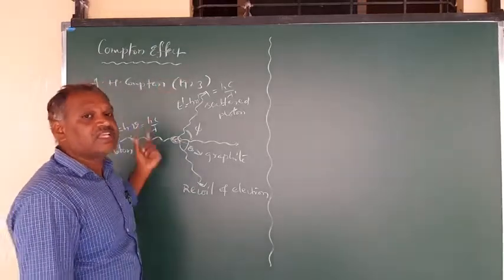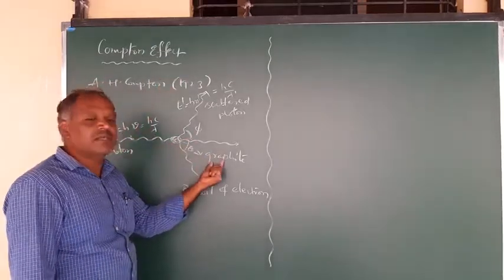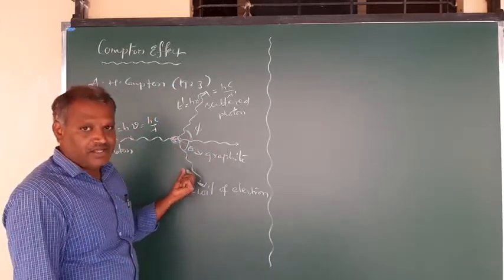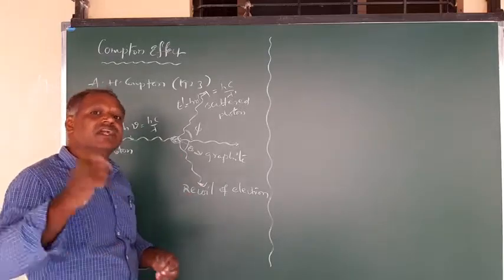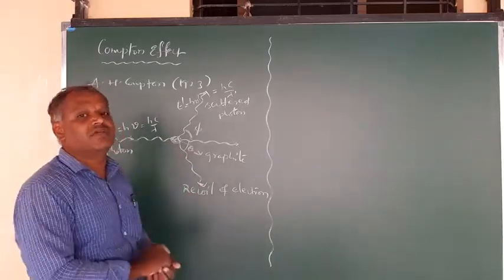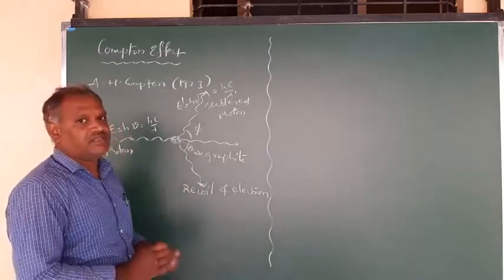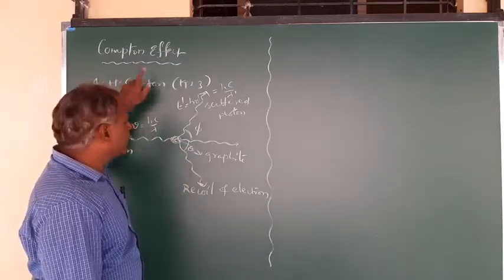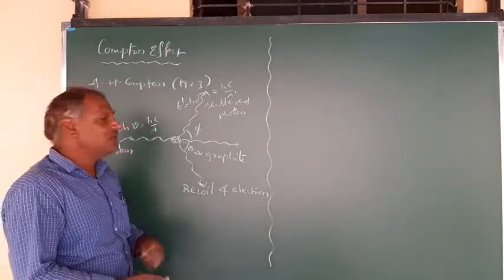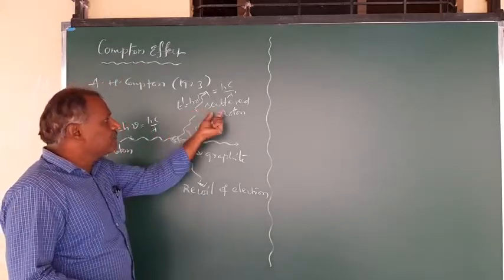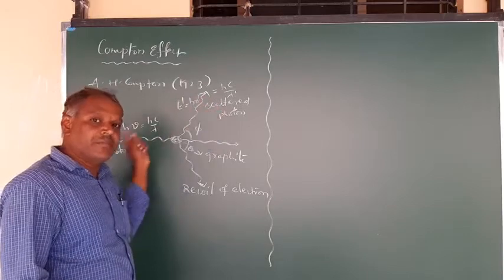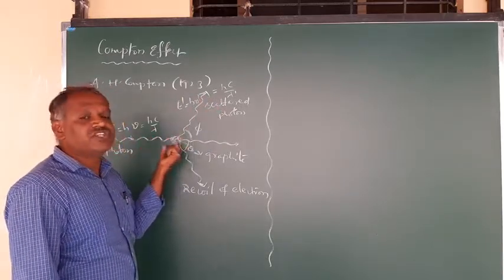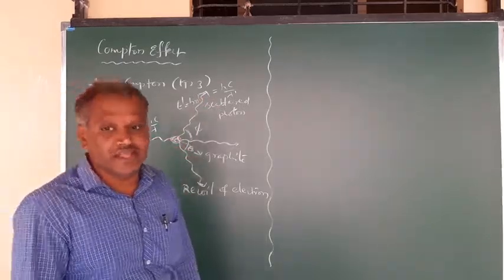Whenever an X-ray photon interacts with matter, the X-rays get scattered. The scattered X-rays have a greater wavelength than the incident wavelength of the X-rays. This process is called the Compton effect. Right? Here we get a change in wavelength for the scattered photon, which is greater compared with the wavelength of the incident photon. So this is observed, which is called incoherent scattering.